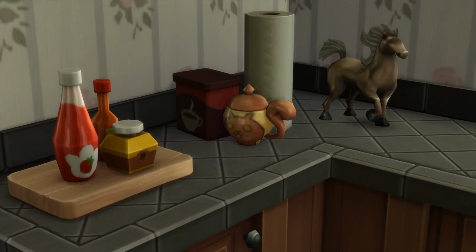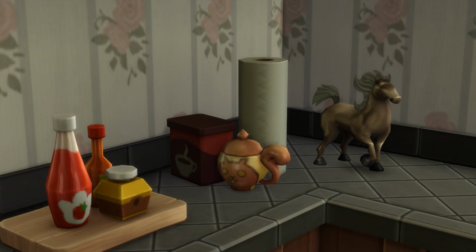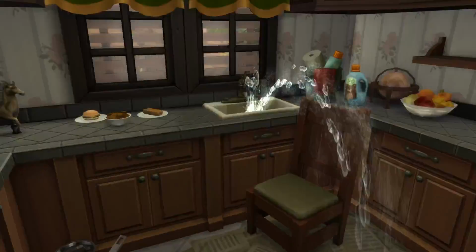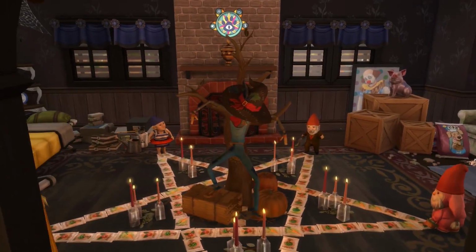Also, I never used this outdoor retreat thing. I didn't know it had a squirrel on it. That's kind of wild. Okay. But anyway, this is the kitchen. No appliances in here because they're outside, which is fun. And then this way